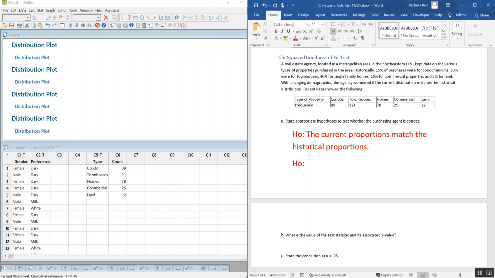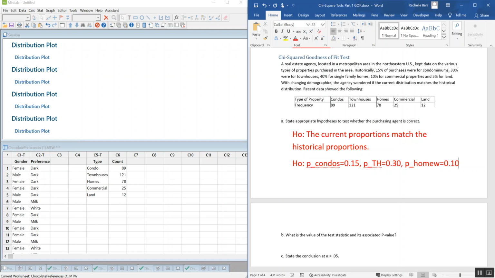I'm not going to advocate once you get a lot of stuff to choose from, but here you go. The proportion of condos, according to history, was 15%. And the proportion of townhomes, I've got to be careful, so I'm going to use TH because I need to make this fit, and it's not going to. I can already see it's going to happen. Was 30%. I believe this was from San Francisco, which is why townhomes are so popular. They're normally not as popular. The proportion for single family homes